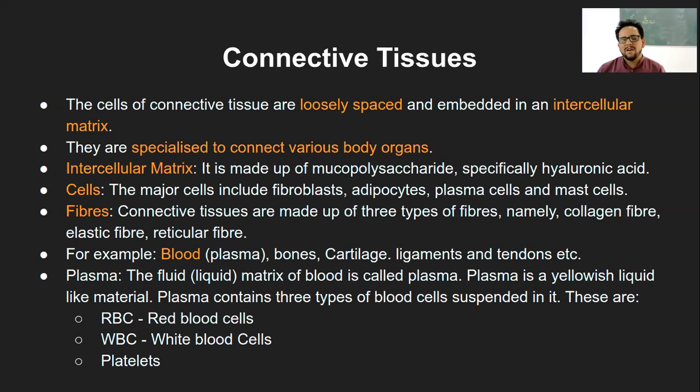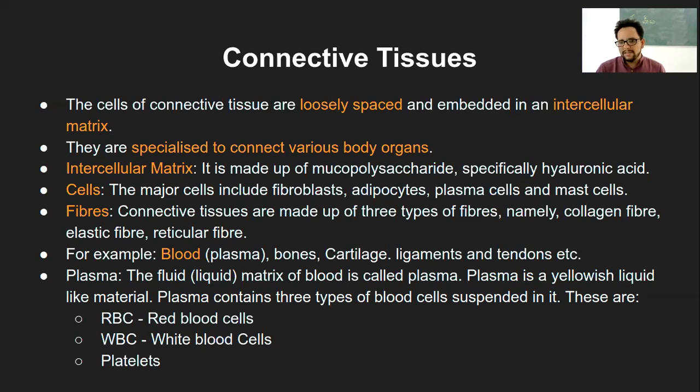Elastic fibers are found along with the muscles or even the tendon structure. And reticular fiber, I forgot what reticular fiber was. Okay, I will not comment about it. Reticular fiber, what is it about? I don't know as of now what reticular fiber is, but the rest of the other fibers are the fibers which are present in the connective tissue.